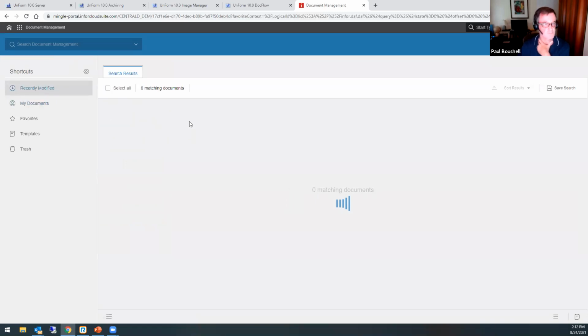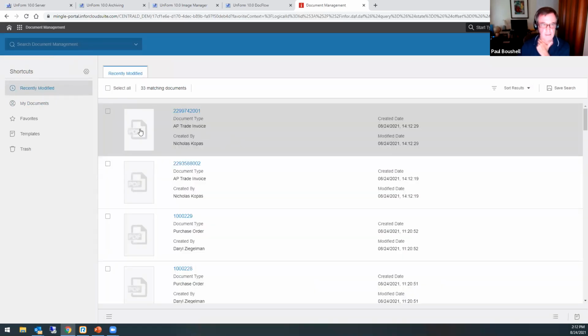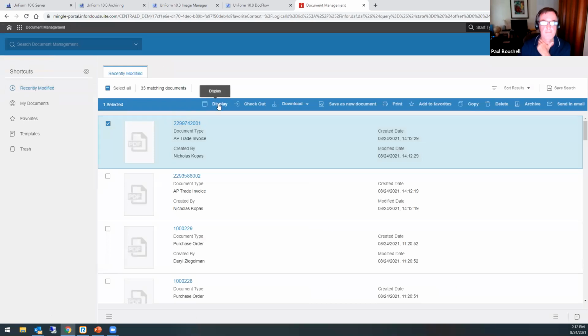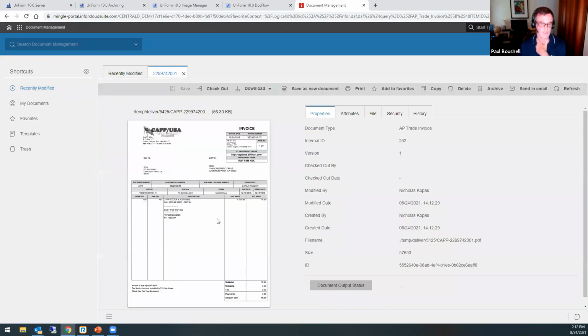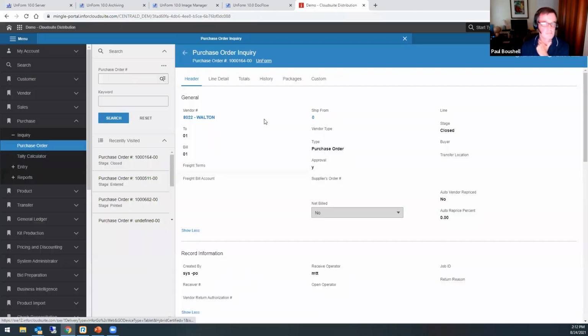So you'll see as we get here, so those documents were pushed into IDM. And in this example, I've also got these set up to come into the AP Invoice Center.